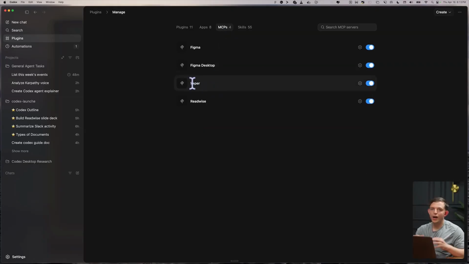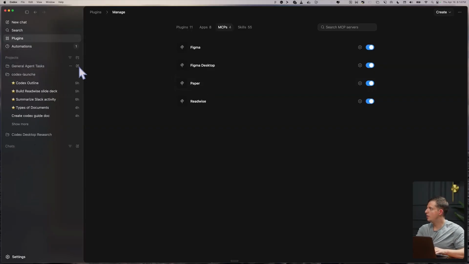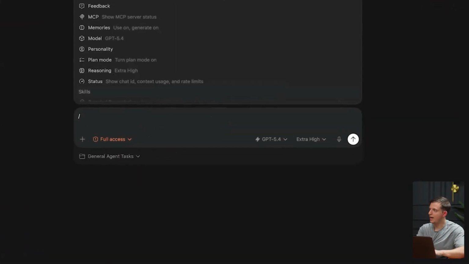And so if you are ever using a tool on their website, they might say, use the new Paper MCP, or use the new Figma MCP, or use the new Notion MCP. You can literally just go to Claude Code, this works in Claude Code or Codex, and say, hey, I want to be able to use this MCP. Can you please create a skill that wraps this MCP? And that'll tell it that it can create a skill with that MCP so that you can use it really easily. So what I'm gonna do is I can go to this new chat here and I can hit /paper,